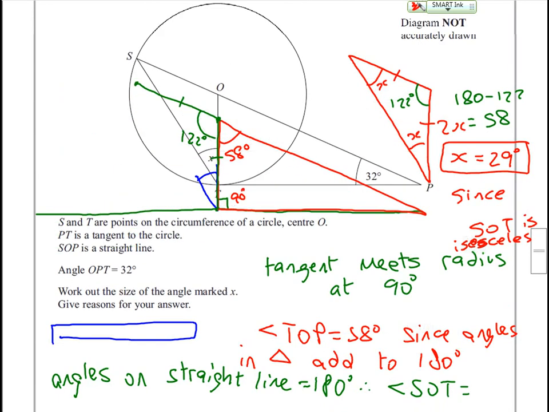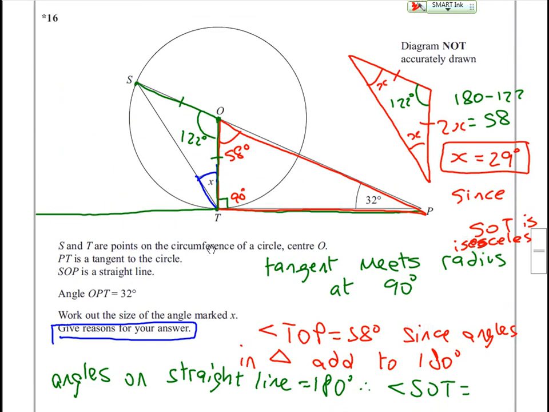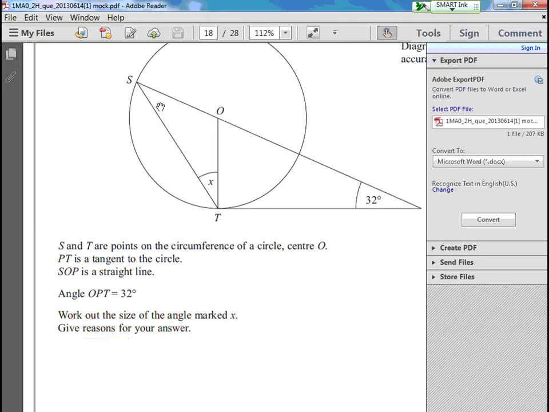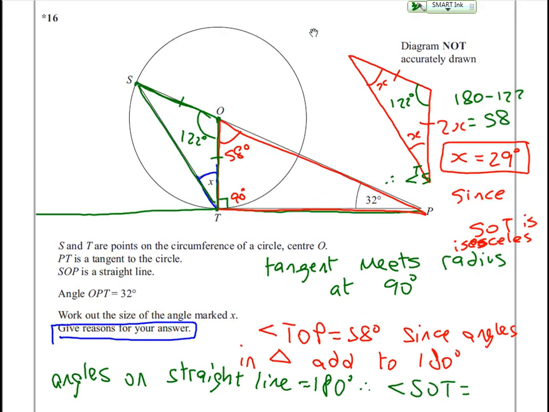When you say it's worth 5 marks, just double check you've given enough reasons. So I might add in at this stage for angle TSO equals angle